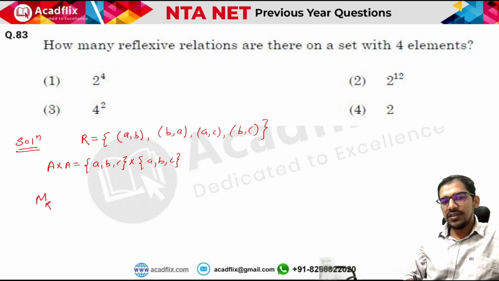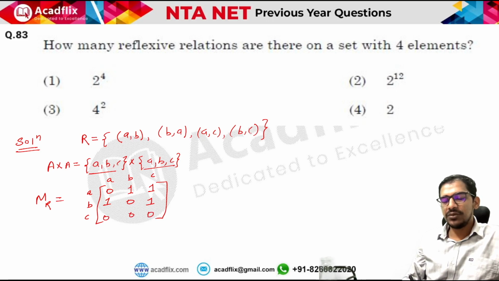So how we can make the relation matrix for this particular relation is this. In the relation matrix, we will have 3 rows and 3 columns, and we will have the entries 0 and 1. How we put the entries depends on how the elements are related to each other. AA is in the relation? No, so that means 0. AB is in the relation? Yes, so it will be 1. AC is in the relation? Yes. BA is in the relation? Yes. BB is in the relation? No. BC is in the relation? Yes. CA in the relation? No. CB in the relation? No. CC in the relation? No. So this will be the relation matrix for this.